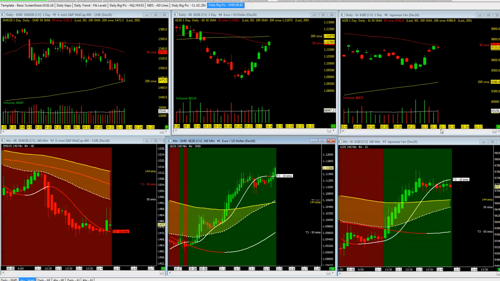And if it holds here, price action comes back downside, it will support the 4-hour trend, which is still to the downside. Only reflective, though, on the pullback as the price action has pushed above both moving averages. So I still got to go with the downtrend pullback on the yen.